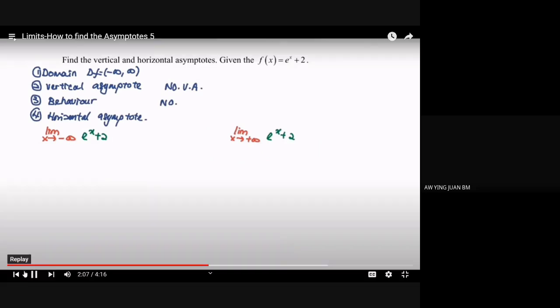So how to find the horizontal asymptote? There are 2 steps. Limit when x approaching -infinity, and we will have limit when x approaching +infinity. Kindly substitute the function for both sides. And we are going to start our discussion by referring to the left hand side. So if we substitute the value negative infinity,